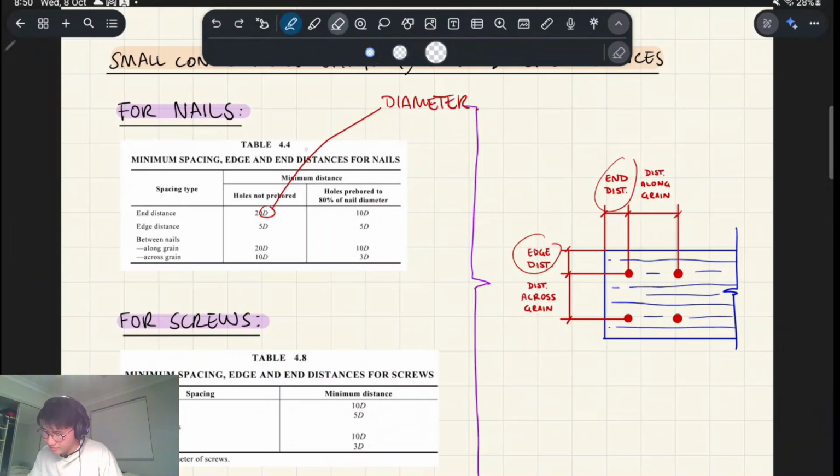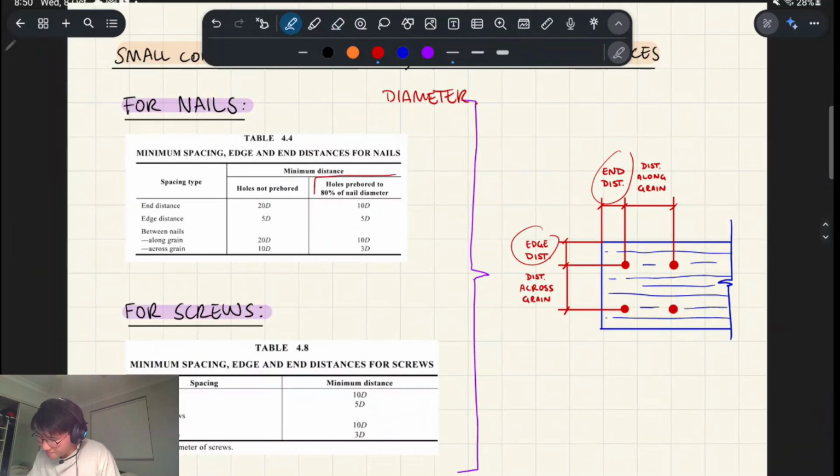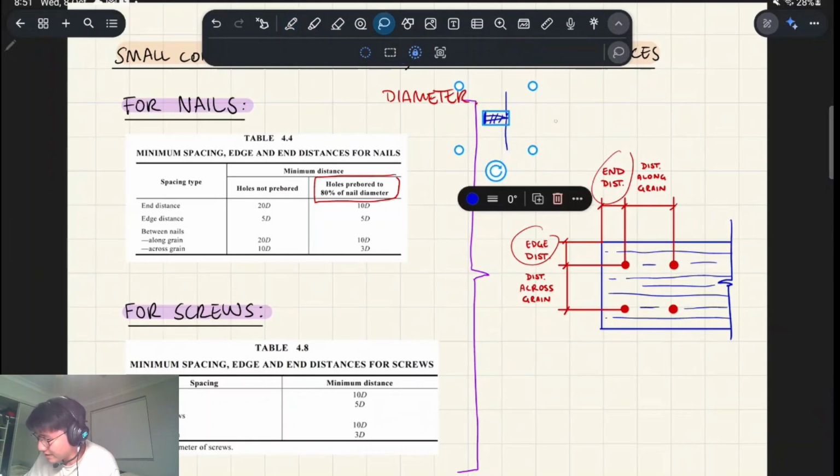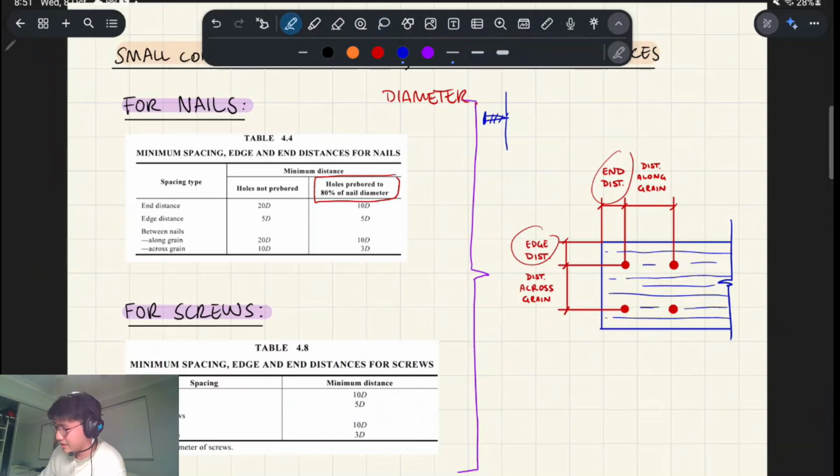One interesting thing to note on this page is you're allowed to put your connection closer to your edges and closer together if you pre-drill them, right? So remember what I said earlier. If you just have a nail, or let's just say you have a screw, and you drive it into wood, you're going to displace all the material, right? And that's especially going to have a bigger impact if you are near an edge, right? But if you pre-drill it to 80% of the nail,